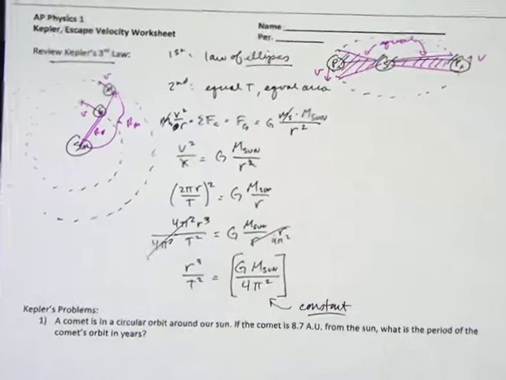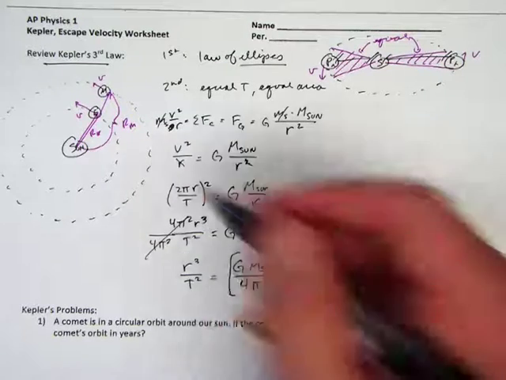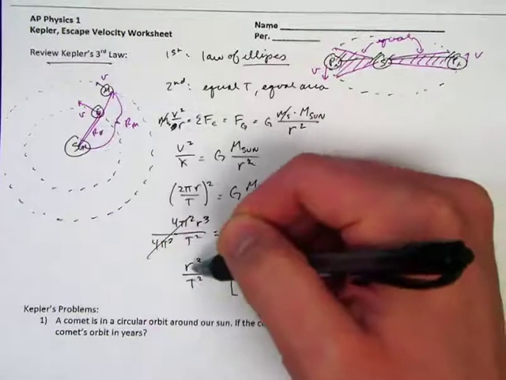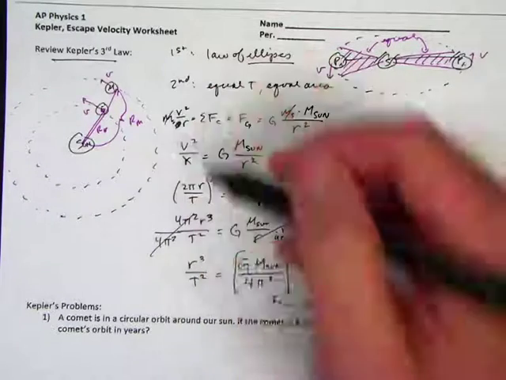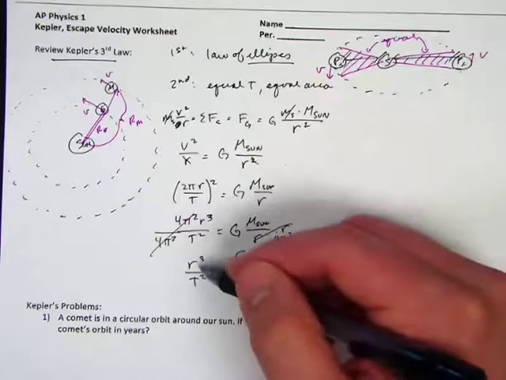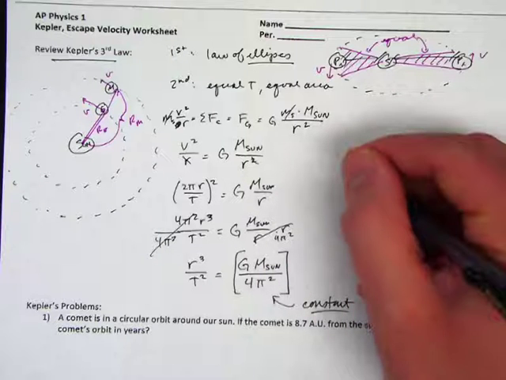Which is remarkable because it allows us to make predictions about the distance of planets away from their sun, or the distance of stars away from the center of their galaxy that they're orbiting, by just measuring their period. So, for example, let's say the period and distance to the sun for the Earth is known. If I measure the period of Mars, I can calculate then the radius of Mars just by knowing its period. Because for all satellites